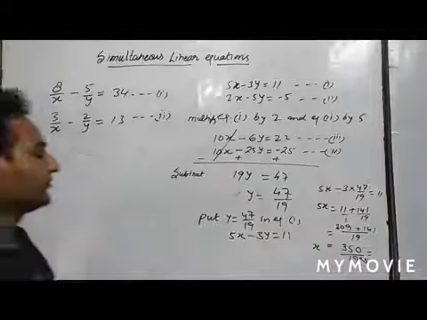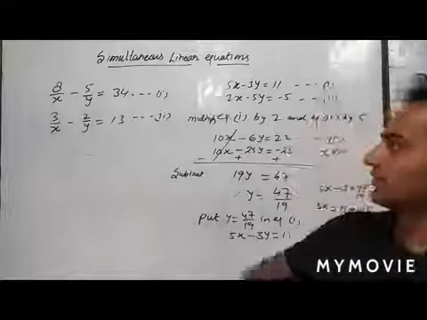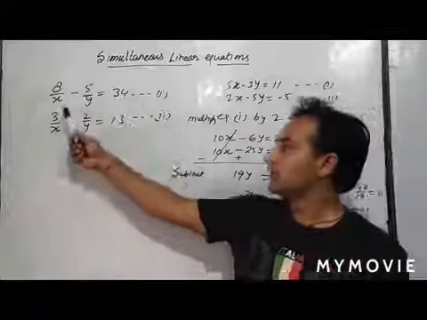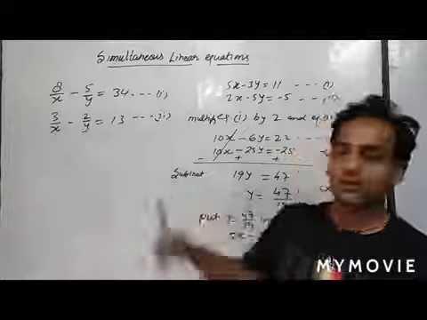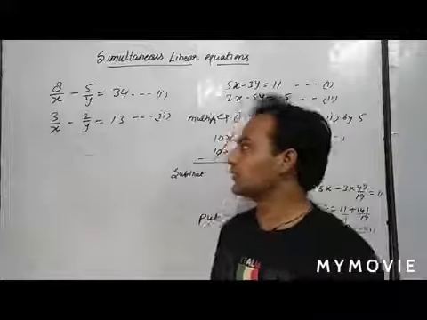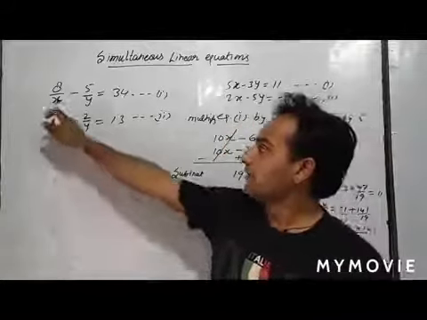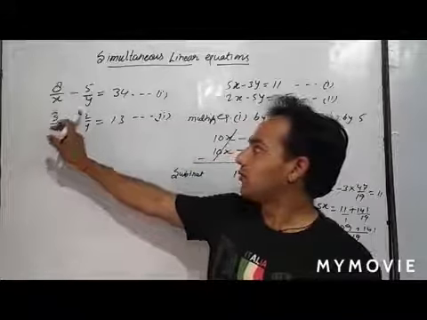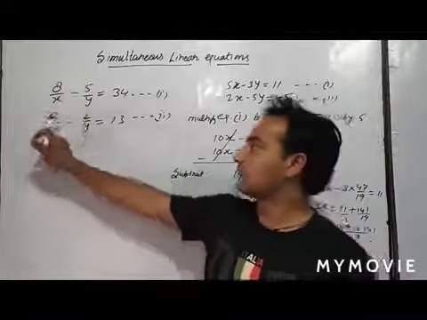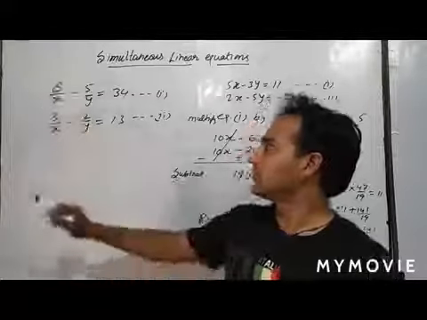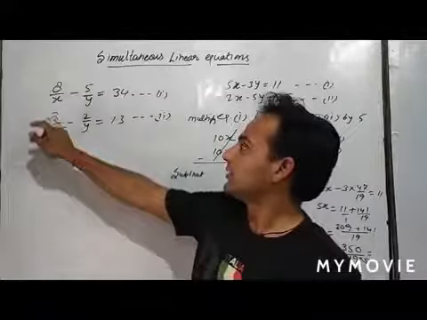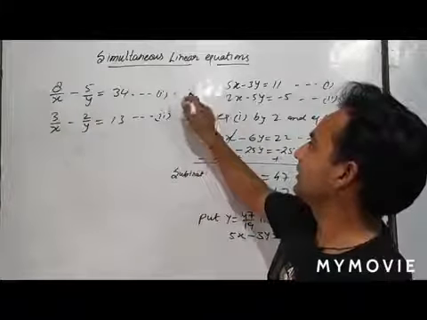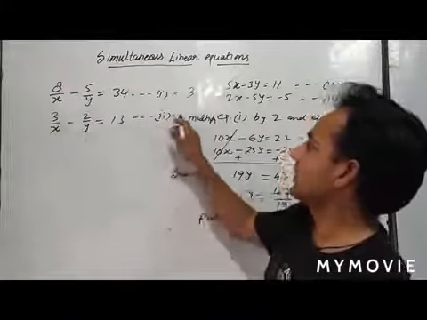Please see that carefully. Here we have some changes. Here we have got 8 upon x minus 5 upon y is equal to 34, and 3 upon x minus 2 upon y is equal to 13. The same thing is there, but the only thing we have to make is the coefficient of x and y, any one we have to make same. Like here we have 3, here we have 8. So how can we make it same? Equation number 1 we multiply by 3, and equation number 2 we multiply by 8.